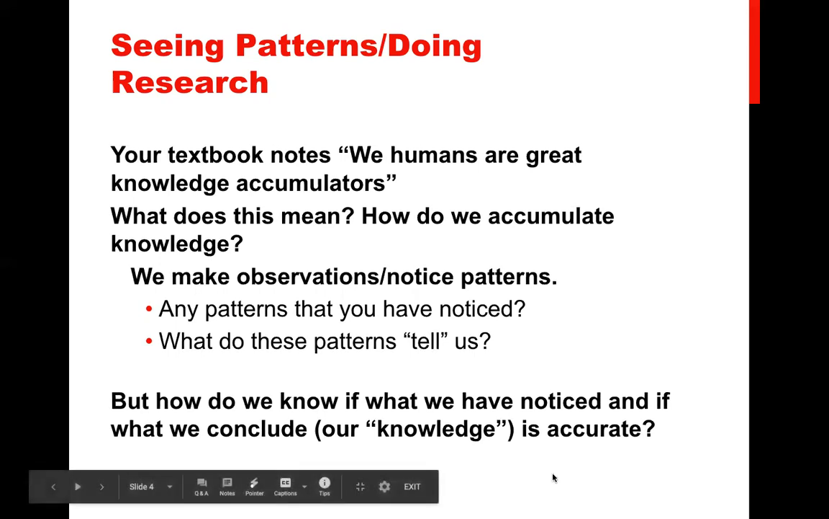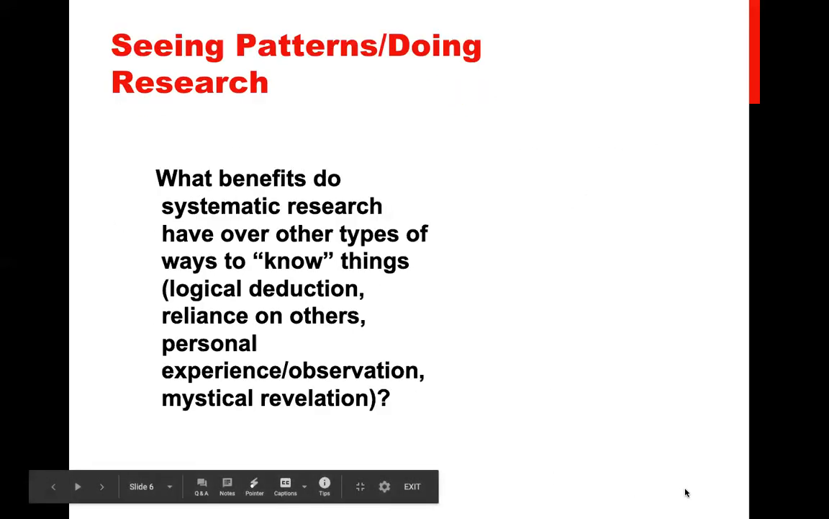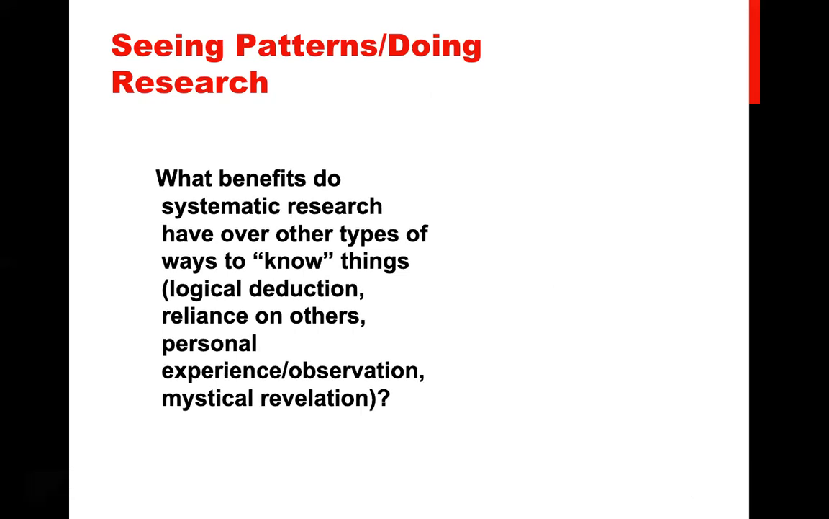And so all of this is just to say that when we think about all the ways in which we can know something, systematic research is the gold star standard. And systematic research is the way of knowing something that is most closely aligned with scientific knowledge, which is the superior form of knowledge. Because the other ways of knowing things, logical deduction, where you might take what you know